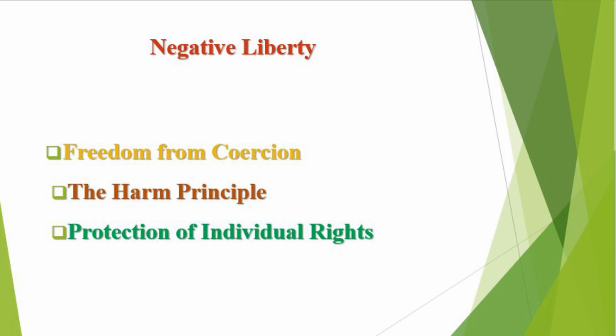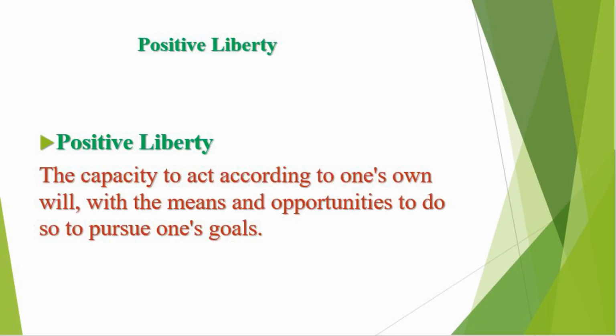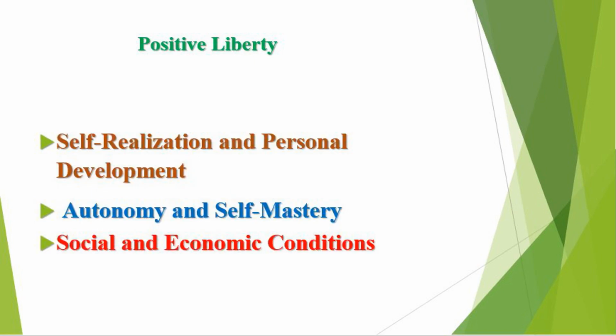Now come to the point of positive liberty. According to Mill, positive liberty is the capacity to act according to one's own will, with the means and opportunities to do so, to pursue one's goals. To make it clear, 3 points are important to understand. First point is